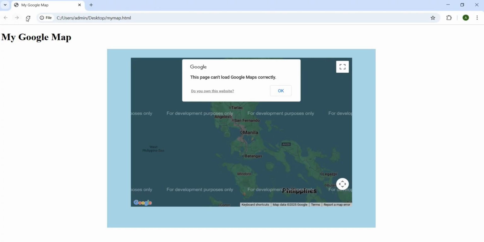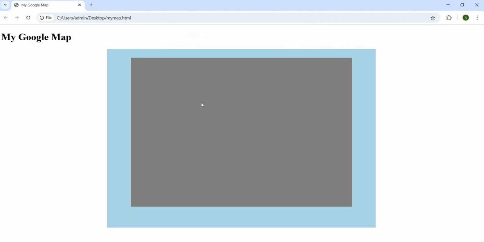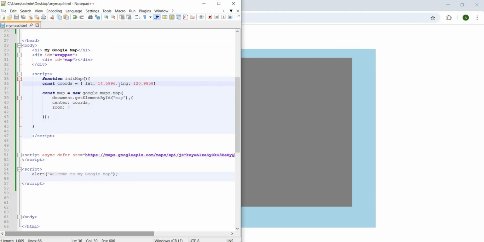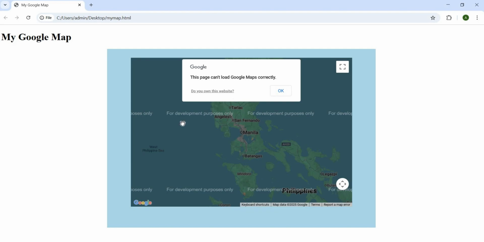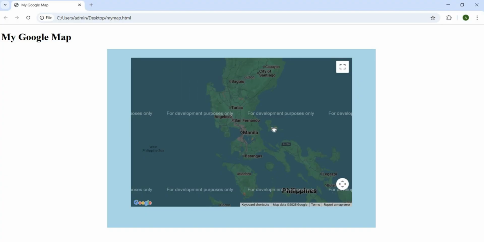Let's see the period. Save. Then let's go back. It doesn't work, as you can see, guys. So our mistake or wrong code is the period. And yes, it finally works. Save. Then go back here. Refresh. It already works, guys. And this is our tutorial on how to place a Google Map in our own website. Thank you very much. God bless.